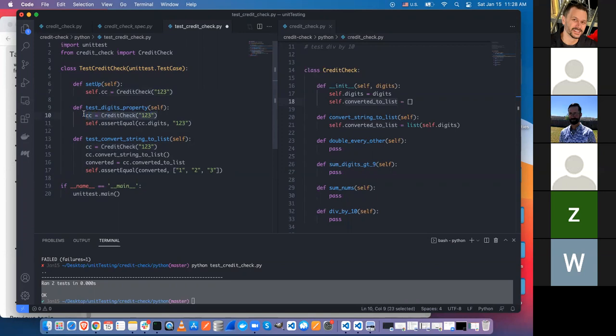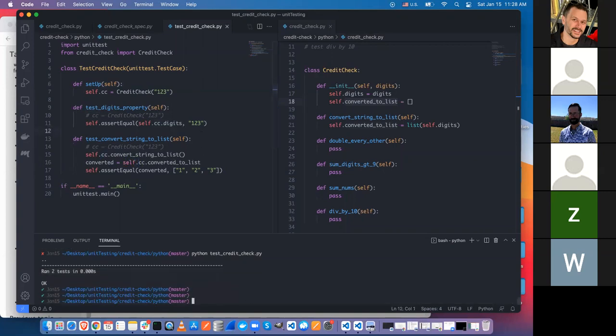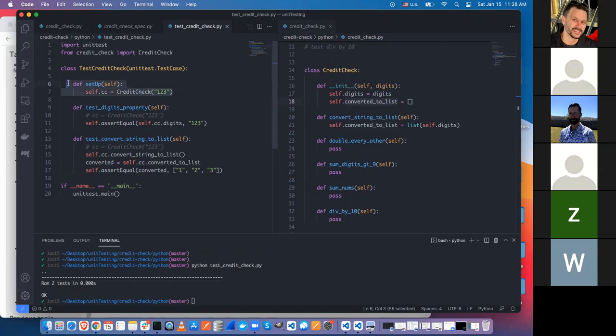And then we can actually comment out these, and we'll do self.cc.digits. We'll talk about this more in a sec. Let's run this and make sure that it's okay. And it still works. So this is an additional feature of the unit test, which you don't have to use,